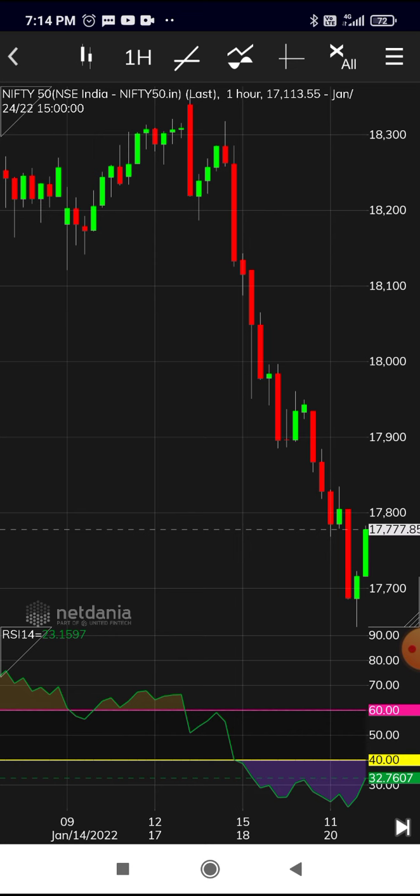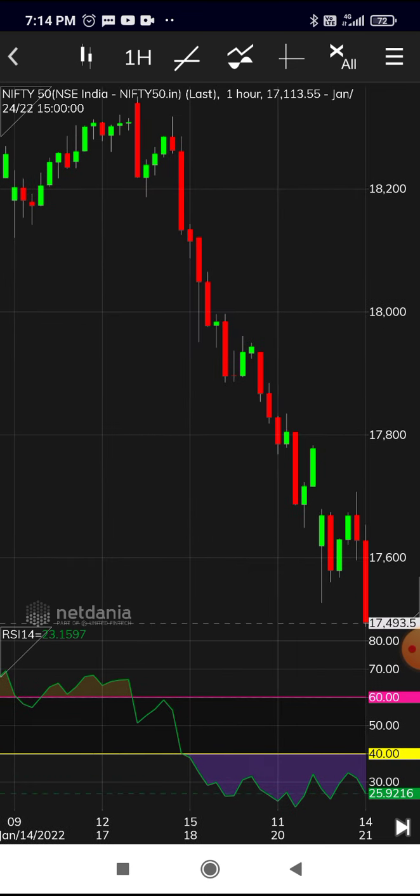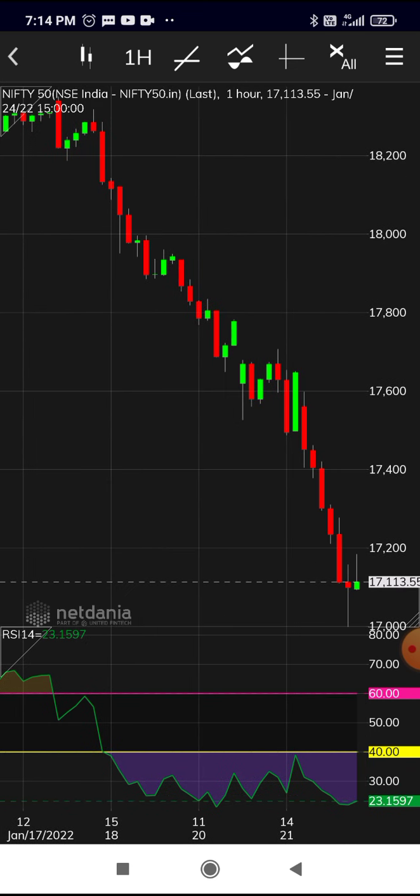17,700, but still what happened next, you can see that it has fallen down, and today it has reached 17,113. RSI is still 23. So RSI is below 40, and Nifty has fallen 1000 points. So you could have avoided this fall by knowing one simple rule, that